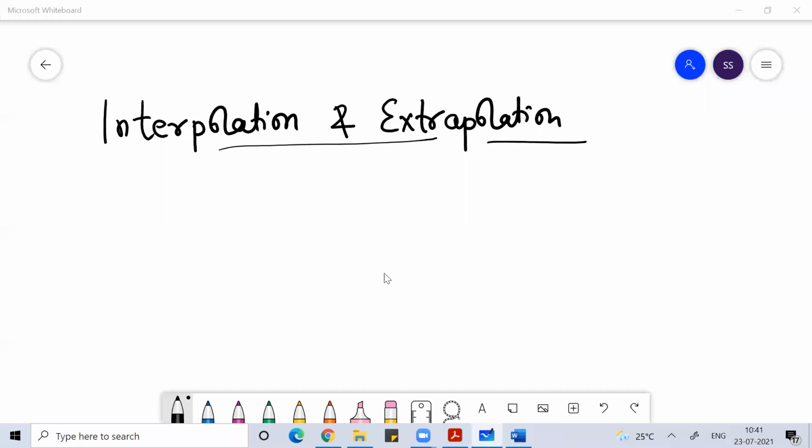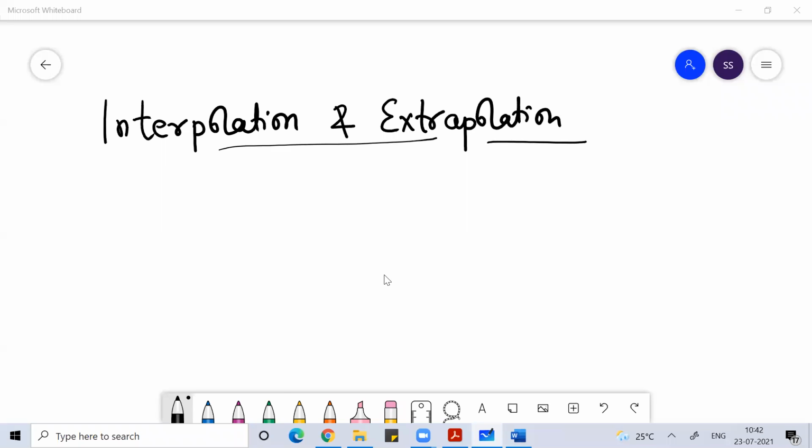So good morning, everyone. Welcome to our first class on the interpolation and extrapolation topic for our second PU. When we talk about interpolation and extrapolation, they are very important statistical techniques of estimation. Okay, and when we look into the concept of